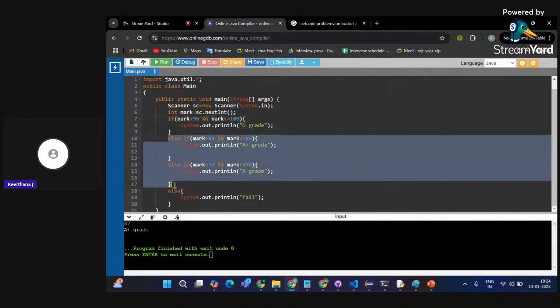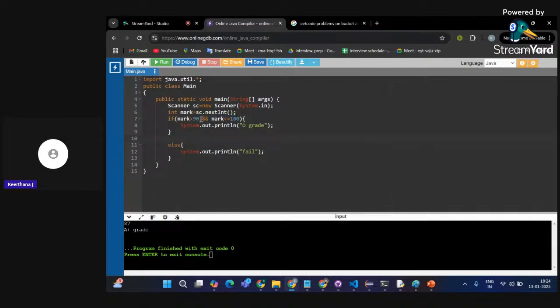I'll be modifying. Okay, if my mark is greater than 90. Okay, and one more condition: if my mark is less than 100 and if my mark is greater than 90, then I can give O grade.